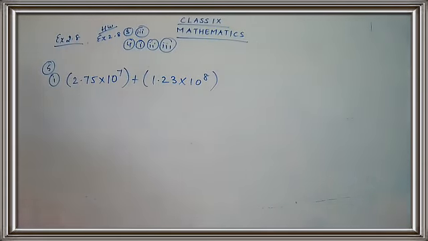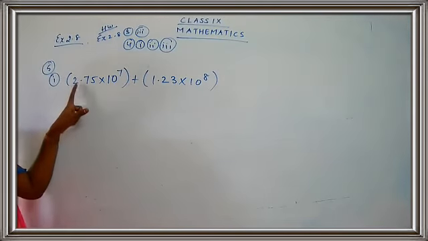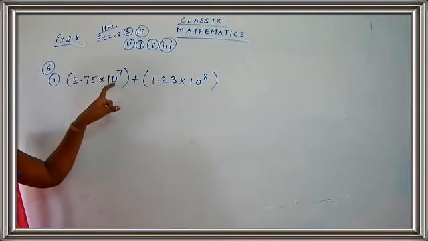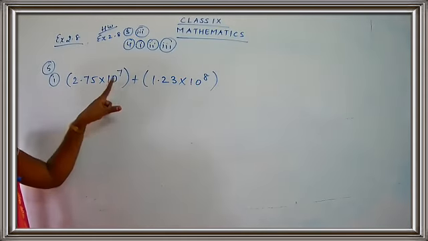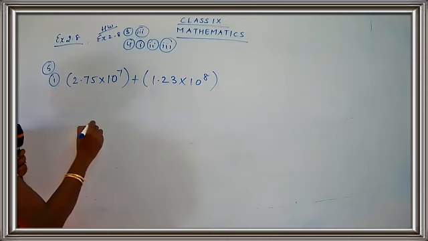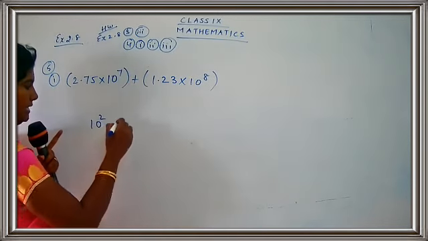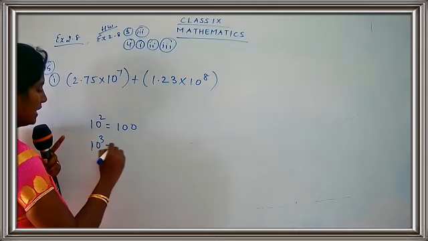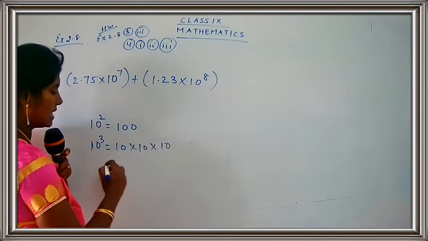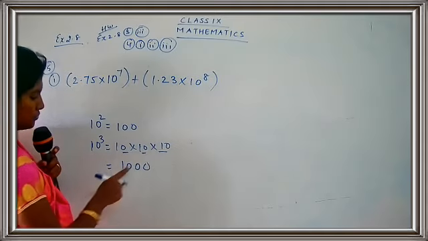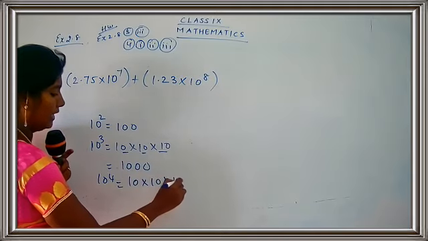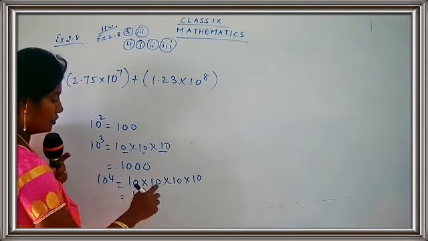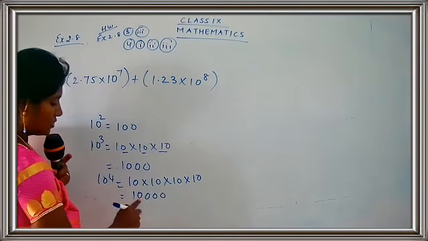Let's start with the answer. So now here, children, very simple. I'll tell you the answer in a very easy method. Now here it's 2.75 into 10 raised to 7. So you are going to write how many tens, how many zeros will come, children? Totally 7 zeros will come. 10 raised to 7 means 7 zeros. See, 10 raised to 2 means 10 into 10, that is 100. If you write 10 cube, it means 10 into 10 into 10. So what is the answer? 1000. You have to take all the zeros. If I have 10 raised to 4, so 10 into 10 into 10 into 10, I get the answer as 1, 2, 3, 4 zeros. So it's 10,000.